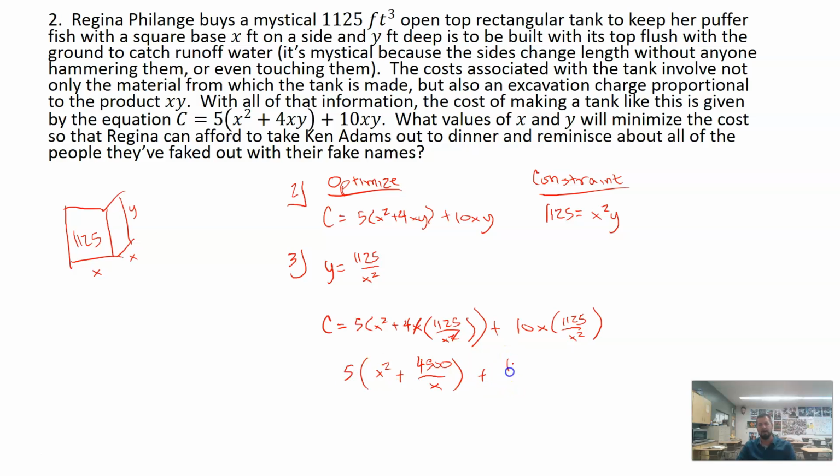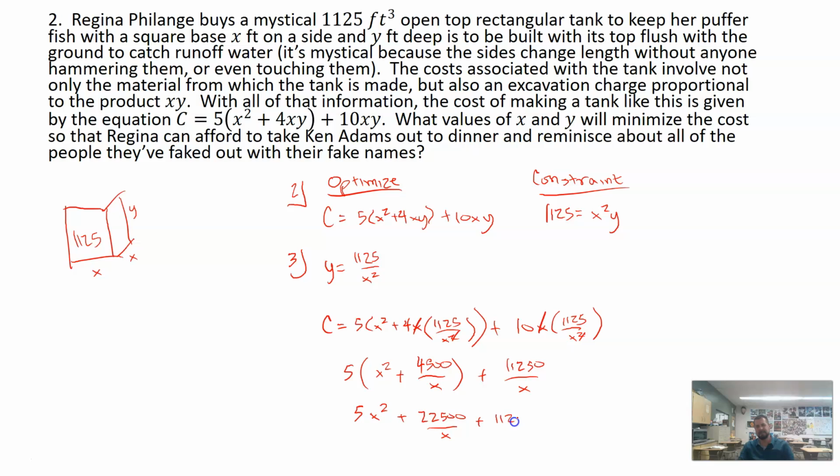Here I get 11,250 over x, because 10 times 1125 is 11,250. Then I've got x and x squared, but one of those cancels with one of those. So what I have here is 5x squared plus, when I multiply 5 times 4,500, I get 22,500 over x